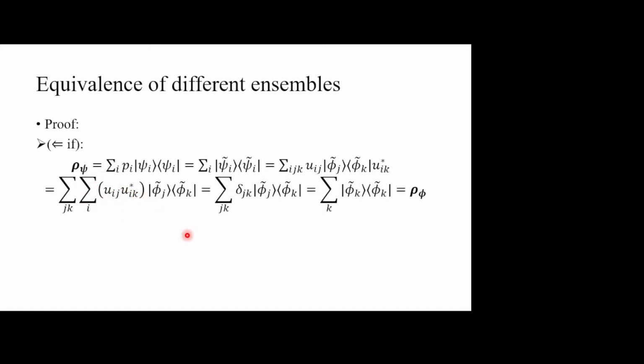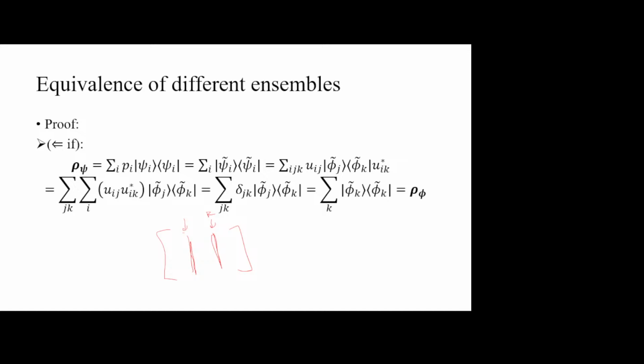So it's a summation over i, uij and uik star. Now remember, U is a unitary matrix, and uij and uik are elements of it. The uij for some j is just the j-th column of your U, and uik is the k-th column of U. We know U is a unitary matrix, so the j-th column and the k-th column are orthogonal to each other, and that means that this